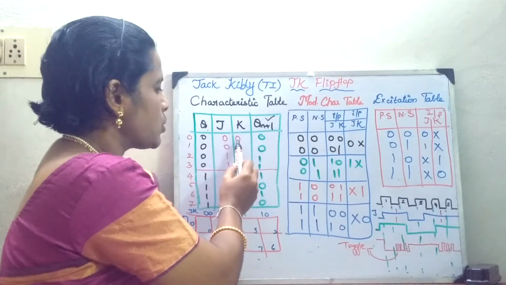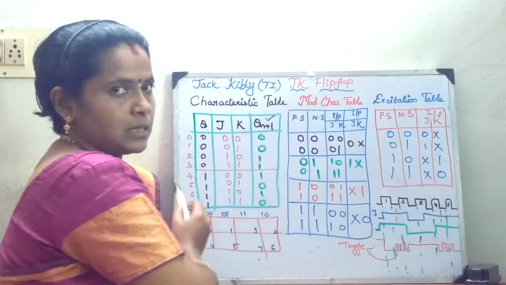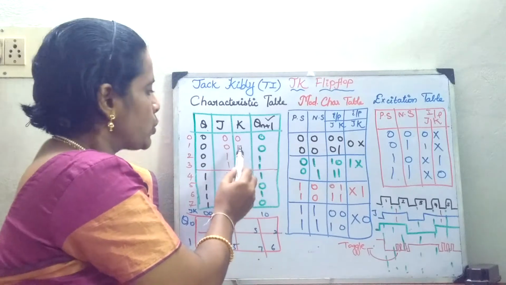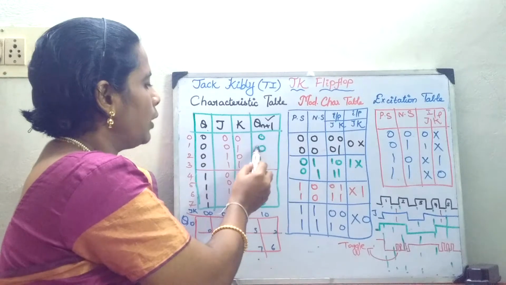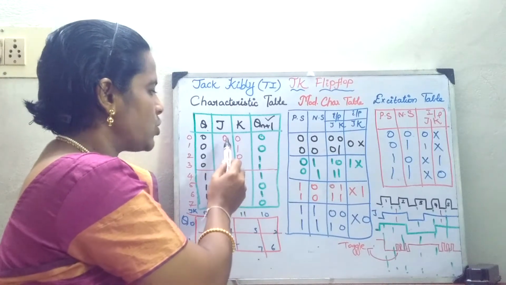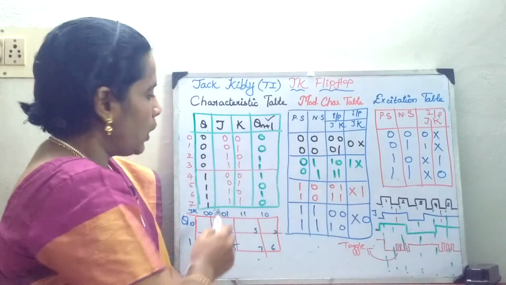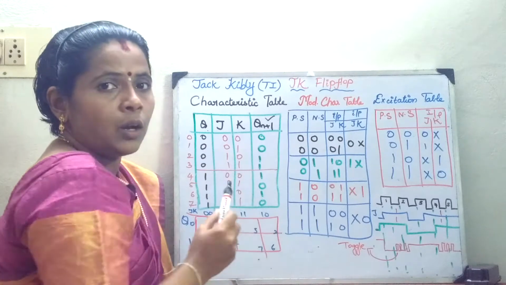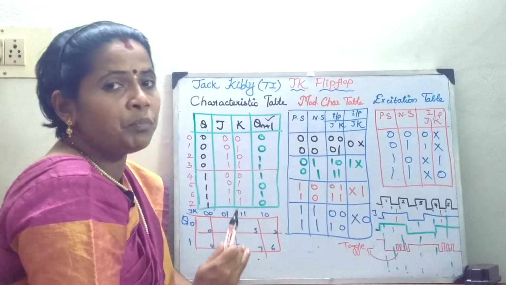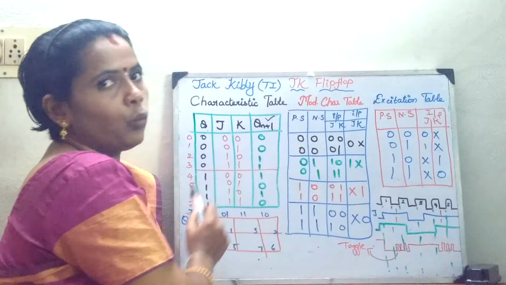So, when the inputs are 0, 0, it was a no change condition, so this 0 appears as it is. When my K is 1, what is the condition? It is a reset signal. So, whatever is the data, it will reset my output to 0. Whenever my set signal is 1, that is J is equivalent to the set signal, it sets the flip-flop to 1. When the condition is 1, 1, what did I say? It is the toggle condition. Toggling means switching to the opposite state. So, when the value is 0, it will switch to 1.